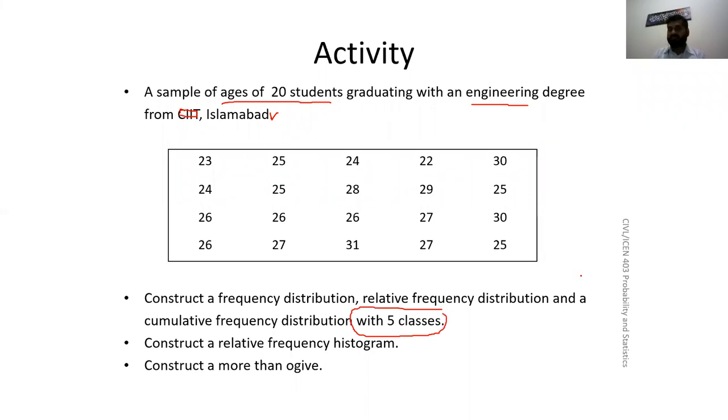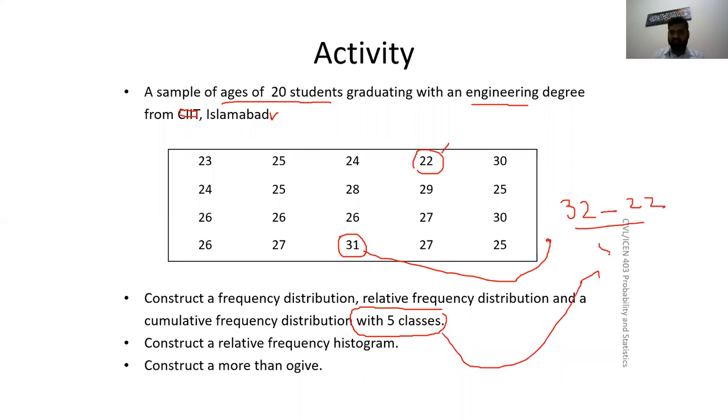So what will be the class interval? What is the maximum age here? 30, 31. Yeah, 31 is the maximum, I guess. And what is the minimum? 23, 22. Yeah, 22 is the minimum, right? So what you will do, you will take the next unit here. The next unit is 32 minus the smallest value 22, divided by the number of classes, which is 5. He gave you 5 classes. This 22 comes from here, 32 comes from 31, and the number of classes. So 32 minus 22 is 10.